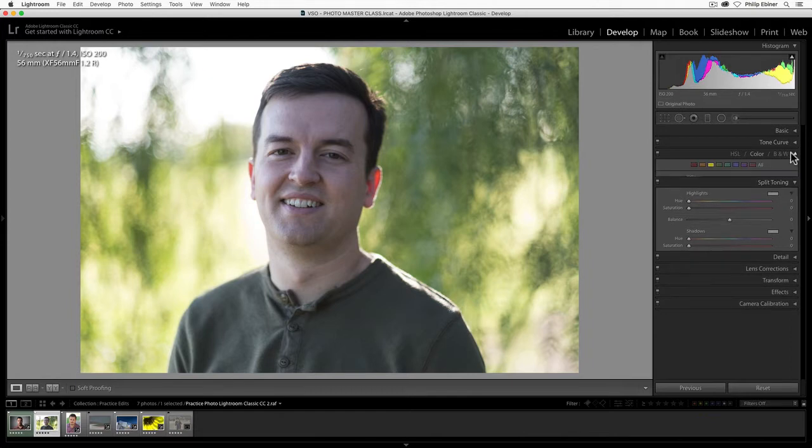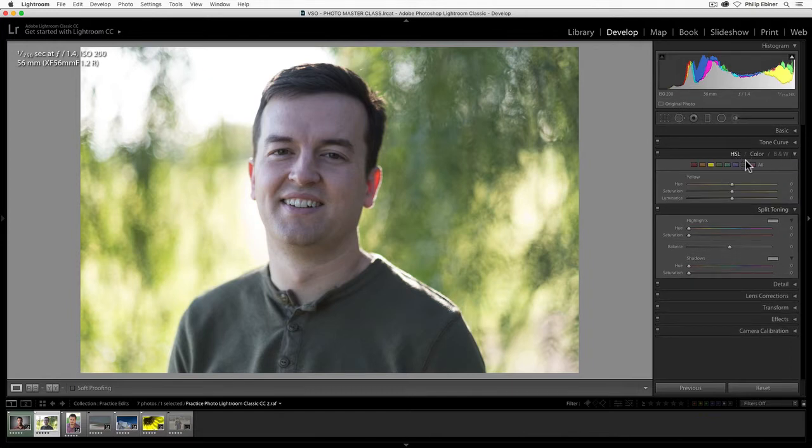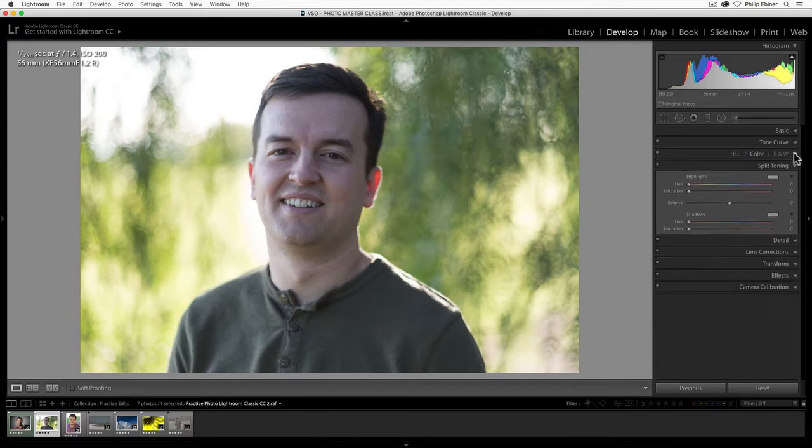Remember when we did the hue, saturation, and luminance adjustments, how you can adjust those different aspects by color? This is a similar way of doing it by exposure, but just splitting the highlights and the shadows. So let me just quickly show you what you can do. If you drag the hue slider, nothing's going to happen until you drag the saturation up. So now if I drag the saturation up, let's just put it at 50, and then I drag the hue around, what's happening is it's adding this color tint to all the highlights.